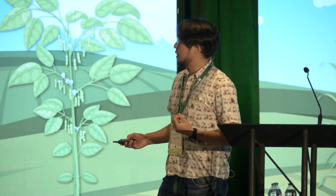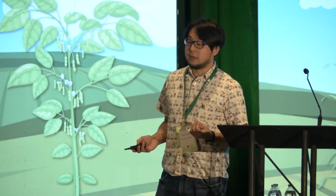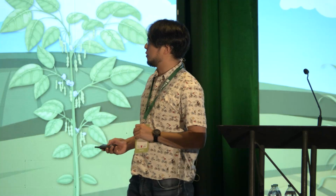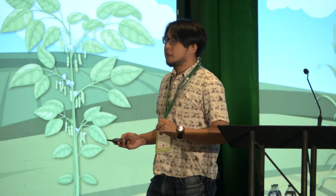For example, the vein length per unit area (VLA), also known as the leaf vein density, is known to correlate with the leaf hydraulic conductance. So in addition to that,